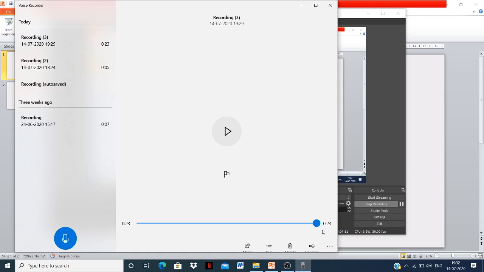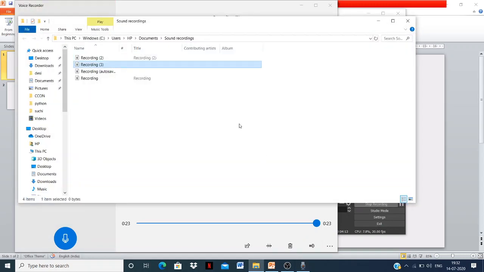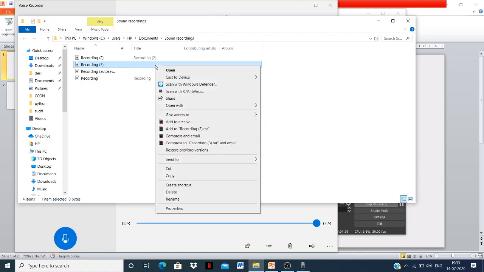I just need to click on this option, open file location, and here you can see multiple recordings are there, but it is highlighted on this particular recording 3, which means right now I have recorded the same slide. Otherwise no problem. If you have multiple recordings and you are facing a problem selecting your audio file, you will get the option over here, open. There again you can listen once, and then select the desired recording.